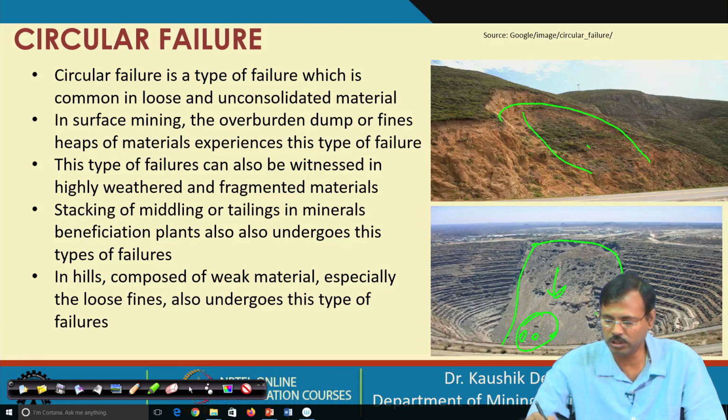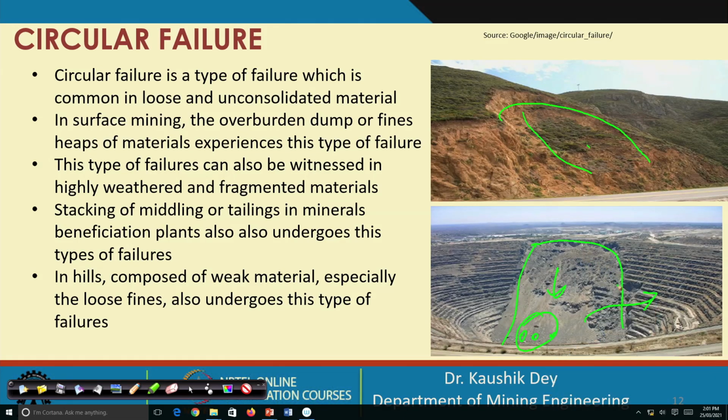So, the consequences are very high in this case, and that is why it is very important to control this circular failure. Circular failure is important because no one knows how the arcs are being developed